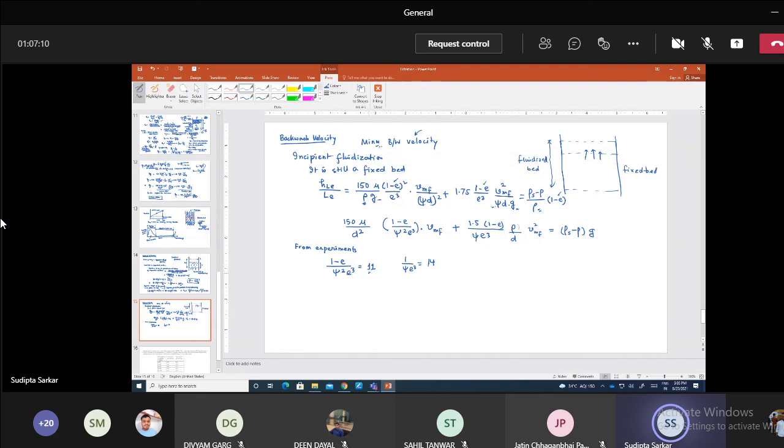So if you now plug in these numbers, in this place you find 11, and in place of 1 by psi EQ you find 14. So that gives me 150 times 11, which is 1650, okay, divided by mu, and we have V square, and we have VMF, plus we have now 24.5 rho by D VMF square equals rho s minus rho H. So the equations are getting simpler, and now you can introduce this REMF, which is the Reynolds number at this minimum fluidization condition, which can be written as VMF rho into D divided by mu. So when you write this, what you get is